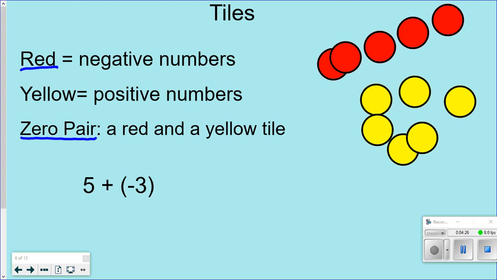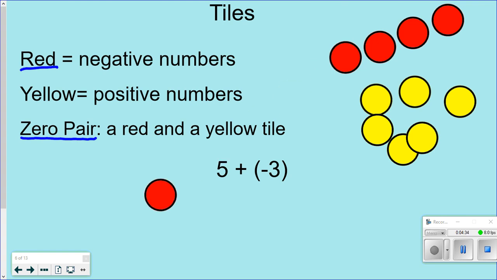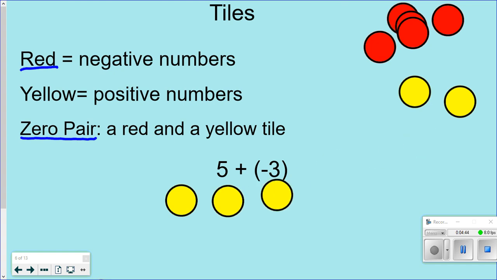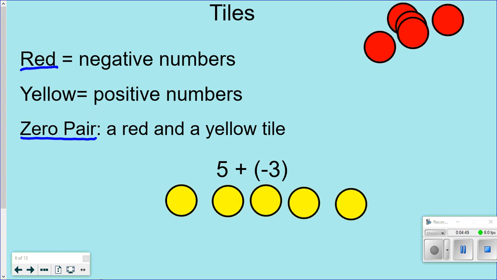All right, so this is how it's going to work. I'm going to start with my tiles, and it says 5 plus -3. So I'm going to put 5 yellow tiles on my desk. 1, 2, 3, 4, 5. Now I'm going to add 3 red tiles to this. 1, 2,